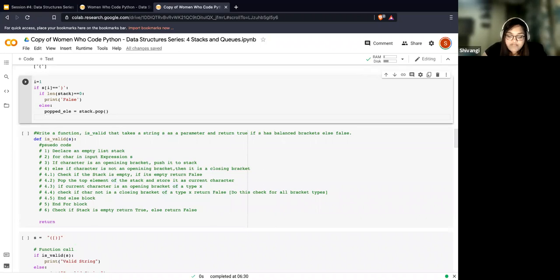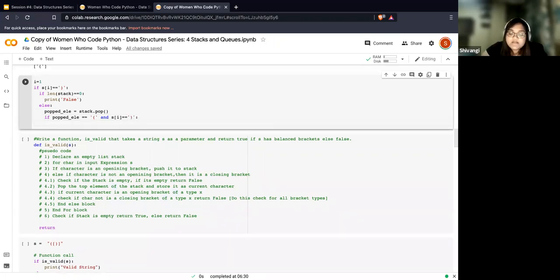You want to check if popped element is equal to an opening bracket and your S of i is equal to a closing bracket. Right? And if that's the case, you print.